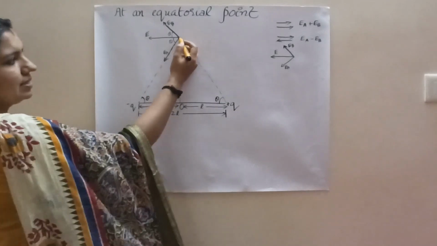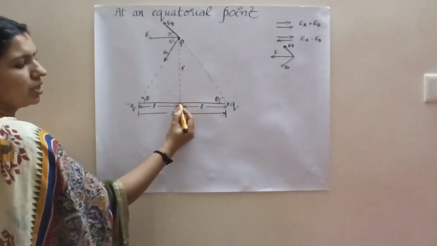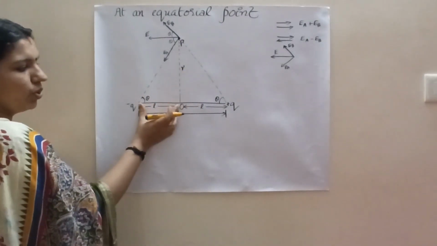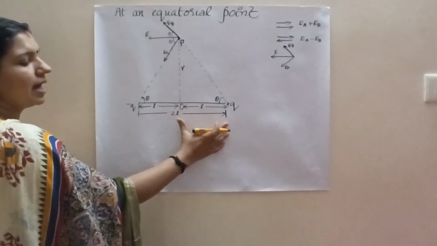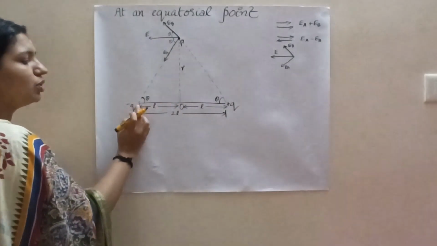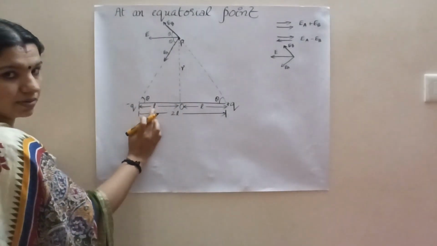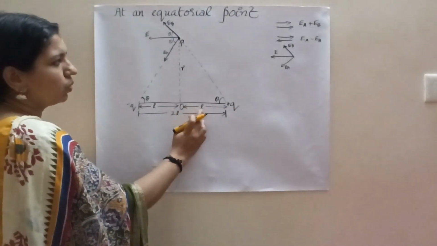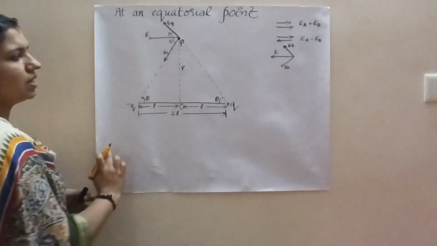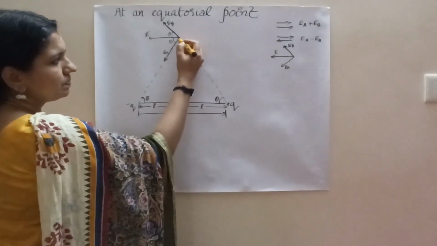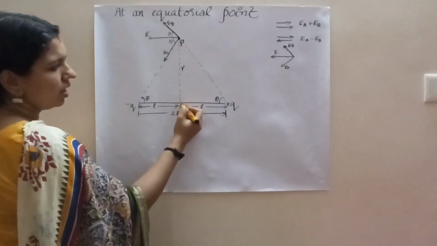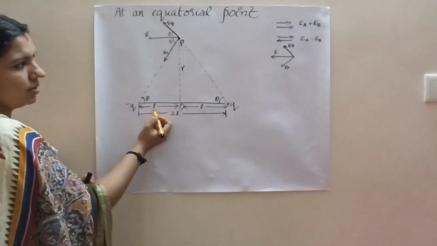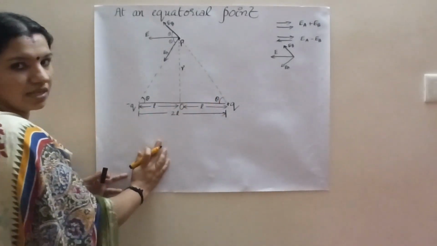Now this distance, that is from the point P to this particular point O, the distance is small r. This distance you know, that is L, because the length of the dipole is 2L. So from the center to this particular charge, the length is L, isn't it? Here also from plus Q to O the length is L. Now, if you want to find this distance, how will you find? The distance is root of R square plus L square, right? Here also root of R square plus L square.